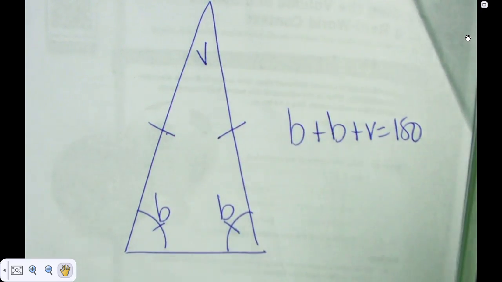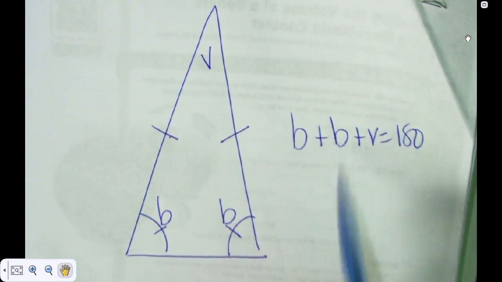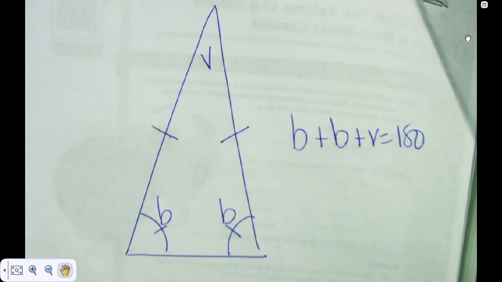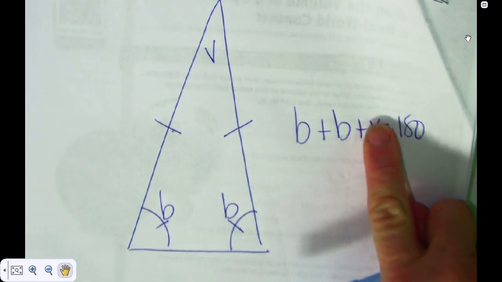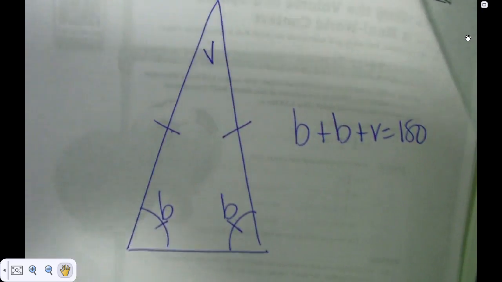I need everybody looking. This is not that hard, but if you're not paying attention, you're going to miss out on something important that could save you passing or failing. Look, I can't solve with two different letters in there. I've got to have all one letter to solve. Like if that was a B, then I would do 3B equals 180. I'd be good to go. Okay, so